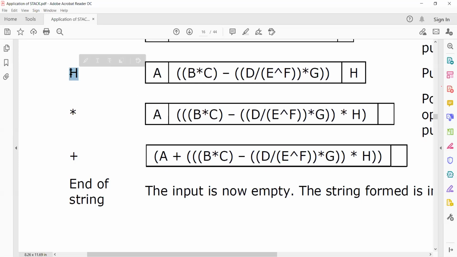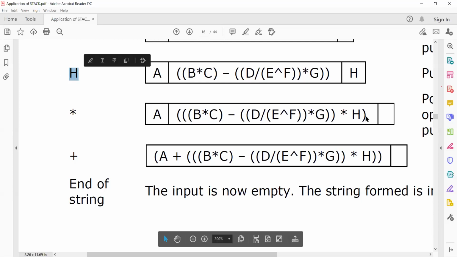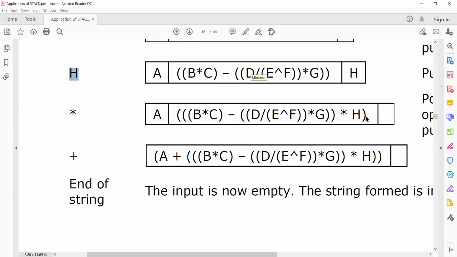Let me explain this step alone from here. When h comes, it is pushed into the stack.